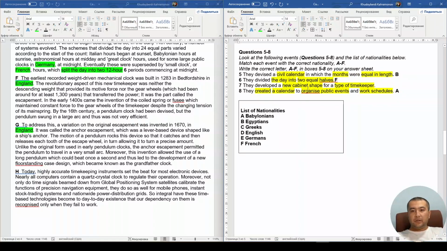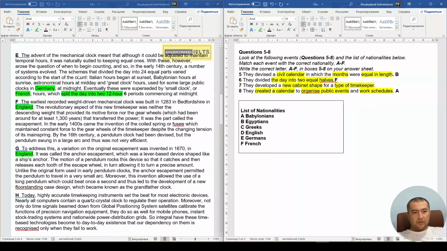All right, they developed a new cabinet shape for the timekeeper. As long as we have read this sentence, we don't have such information regarding Germans. If you paid attention, Greeks and Germans, I think we don't have such information, and we have just English left. However, we should be super careful to read the text, because the earliest recorded weight-driven mechanical clock